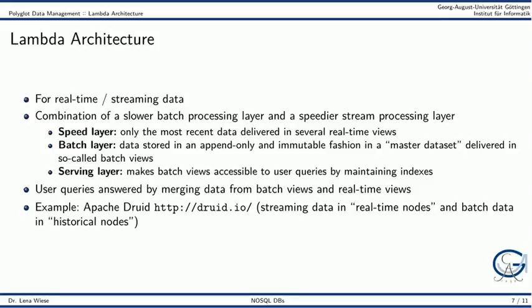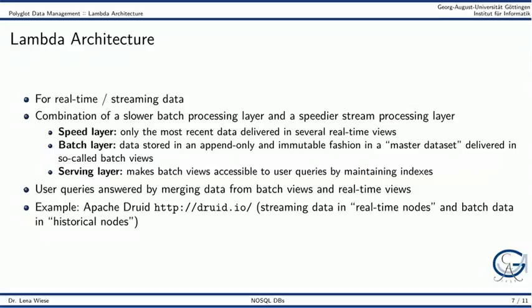Lastly, the so-called serving layer offers indexes on the batch layer. These indexes make the master dataset more efficiently accessible to user queries. Queries are then answered by merging data from the batch views or from the indexes offered in the serving layer and the data from the real-time views. An example of an open source system is Apache Druid that offers streaming data in real-time nodes and batch data